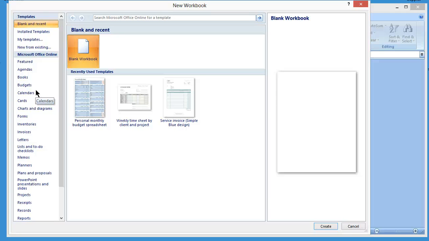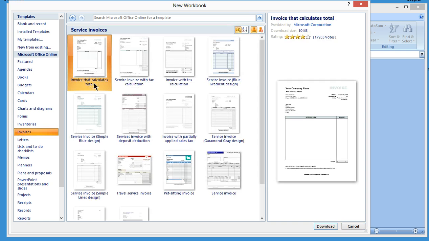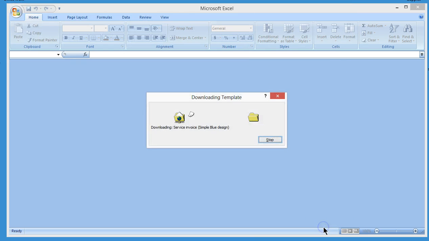You will find the template listed in the Invoices category, and here's Invoices, and we're looking for the service invoice, and we are looking for the simple blue design, and here it is. Hopefully it's in the same location, but we have service invoice simple blue design. We're going to download,